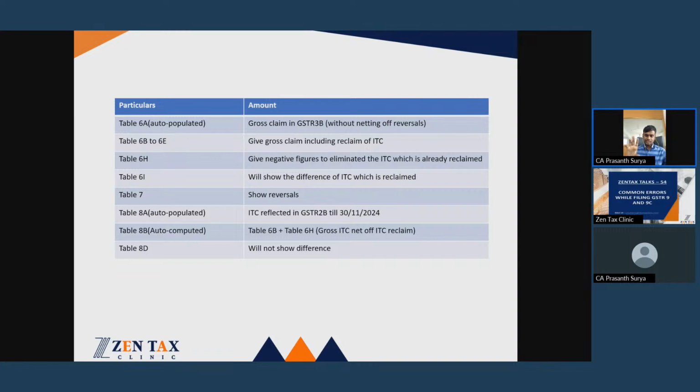So please keep in mind that the department is comparing only the gross values between GSTR2B and GSTR3B, and the department is not bothered about the net values. They are seeing two separate activities. One is comparing the gross values between GSTR2A and GSTR3B, what you have claimed and what you are declaring in GSTR9. This is one comparison. Another comparison is what you have claimed as ineligible in GSTR9 matching with GSTR3B and with their GSTR2A,